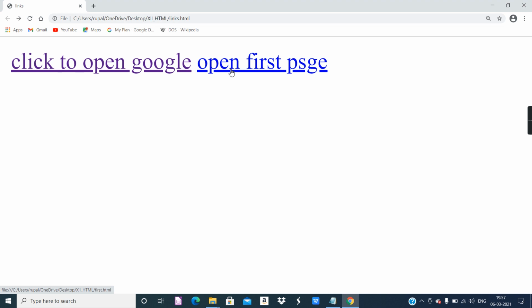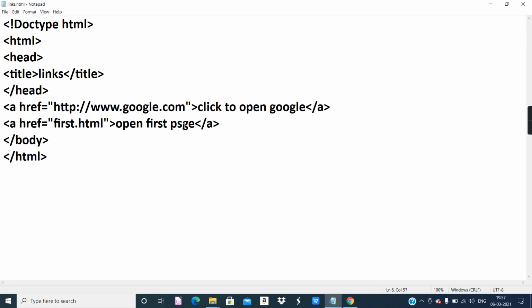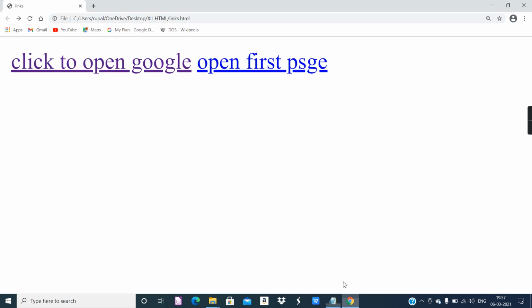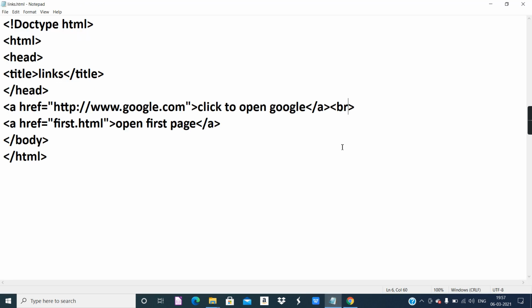Okay, so the default color is blue and it automatically has this underline effect, and the default color of a visited link is purple. Okay, and hyperlinks definitely have this underline effect. Now, there is a slight spelling mistake in PAGE, Control S. So let me add a break tag so that both links are available in different lines. A single break breaks the execution point and starts the execution from a new line. And if you want some more gaps, just keep adding the number of breaks.